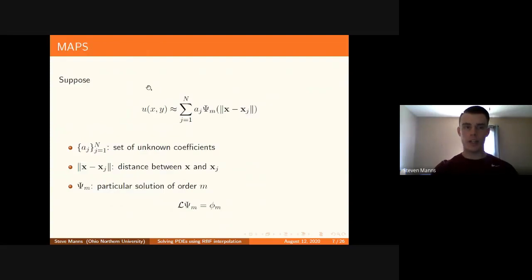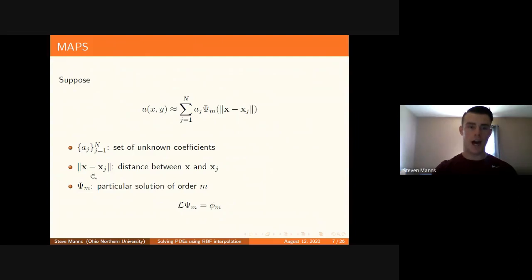To solve the PDE using the method of approximate particular solutions, we're going to suppose the unknown function can be approximated as this linear superposition of the particular solutions, which we're calling psi sub m. When I say psi sub m is a particular solution, I really mean that it's the solution of this differential equation shown on the bottom of the slide, where the right-hand side is any radial basis function of order m of our choice. Note psi is a function of the distance between points, which we can easily compute using a